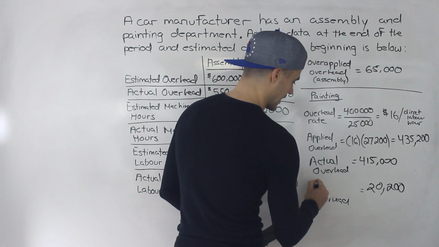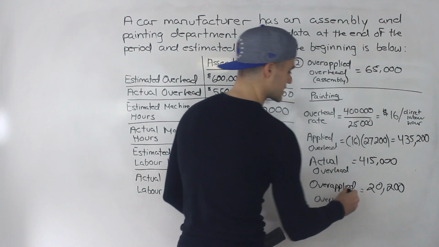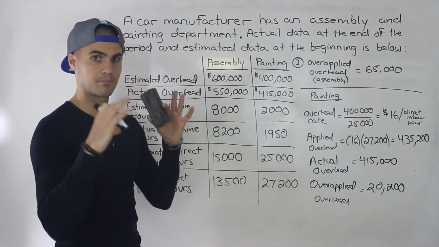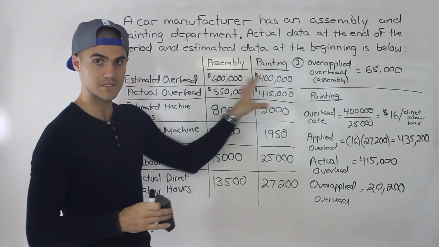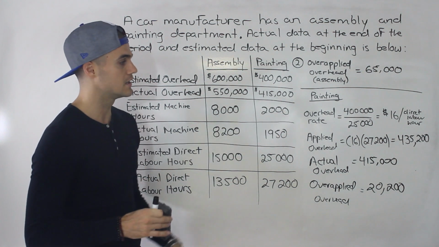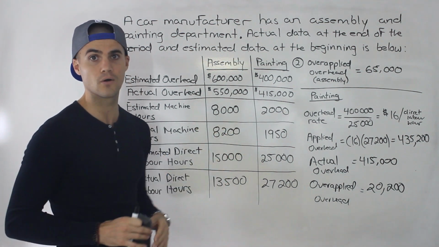And yeah, that's basically how you do these questions. So sometimes be careful in the question. They'll be telling you that the overhead rate is based on plant-wide numbers. So you've got to total all the departments up, right? Total up the estimated overhead, total up the cost drivers. Sometimes you're going to have to do it by department and then net everything out at the